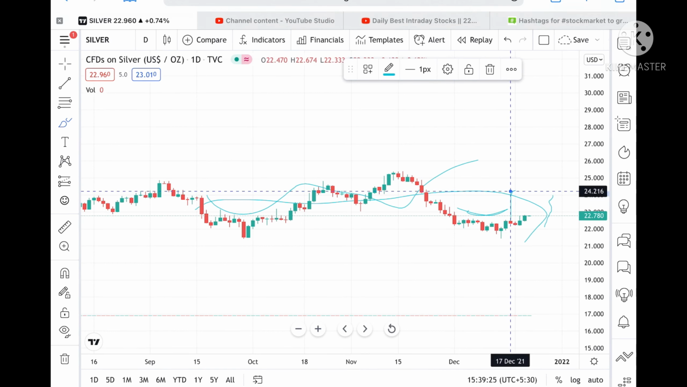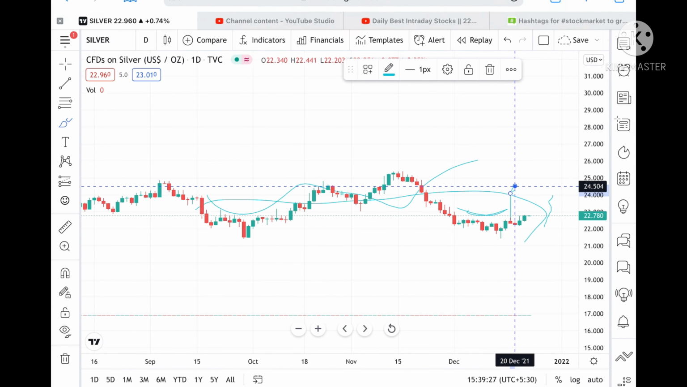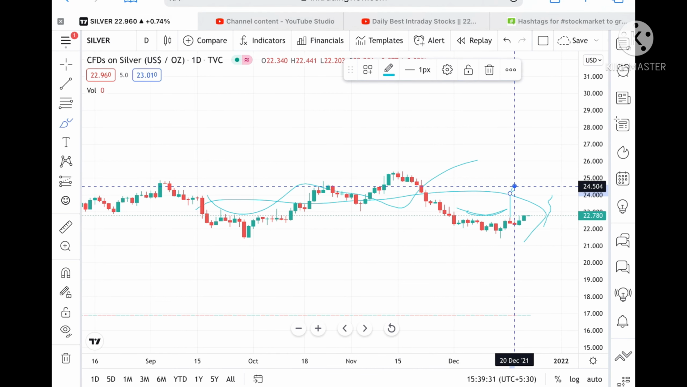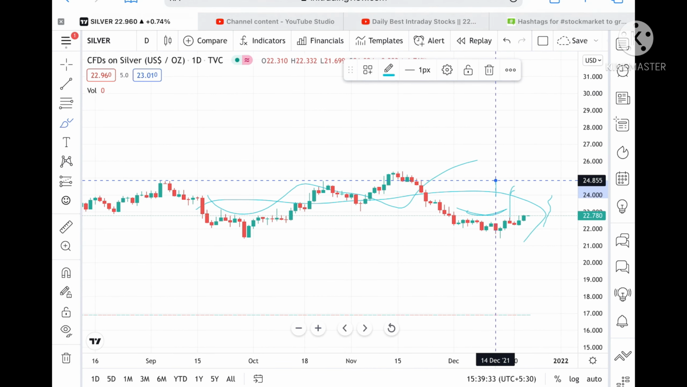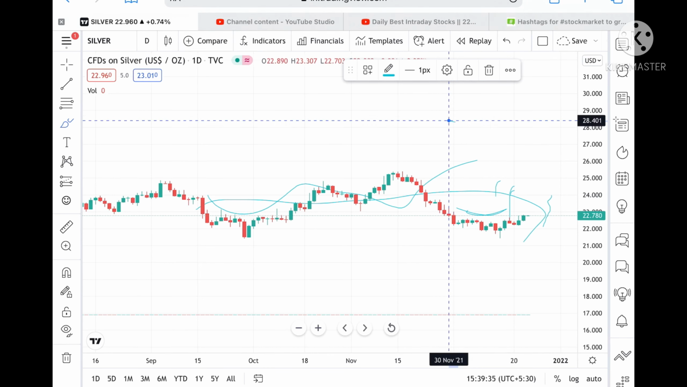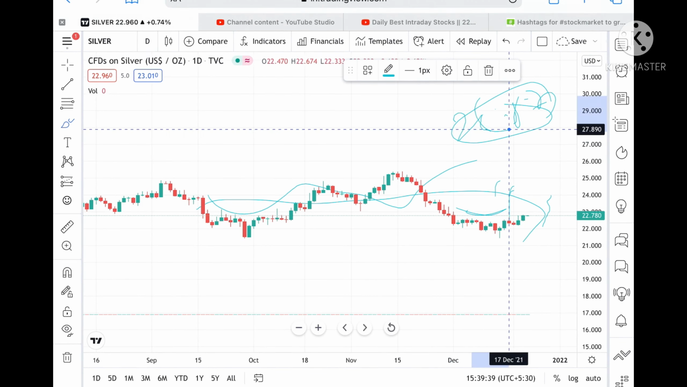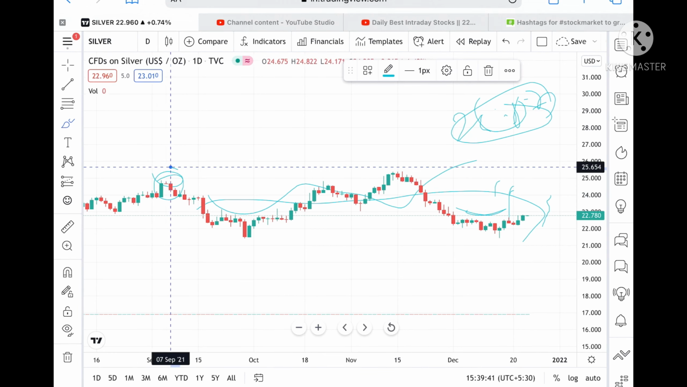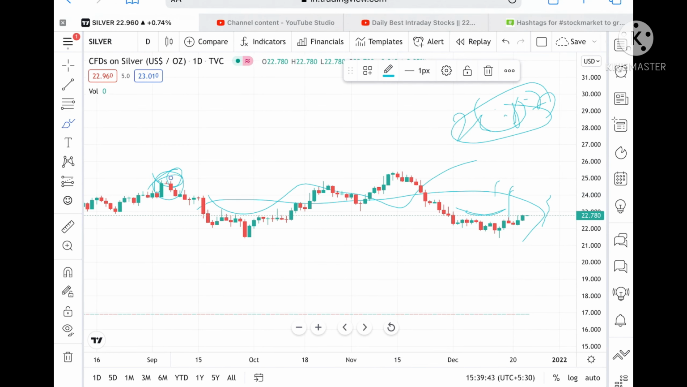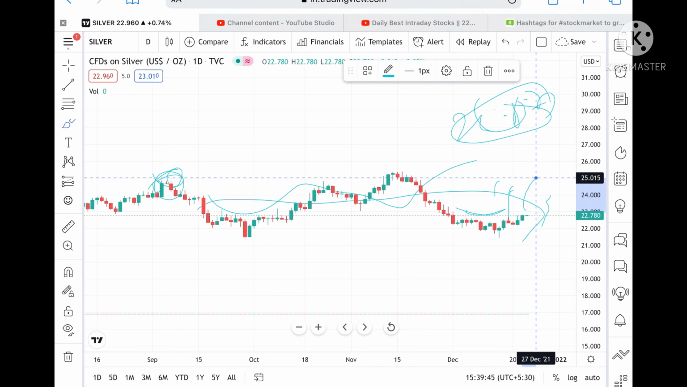Once this level is crossed on the upside, we can see it can go further upside to a level of 24.504, and once this level is crossed, there is a probability of going more upside and it can touch a level of 24.823. This has already been tested here twice, so chances are high it can go further upside to a level of